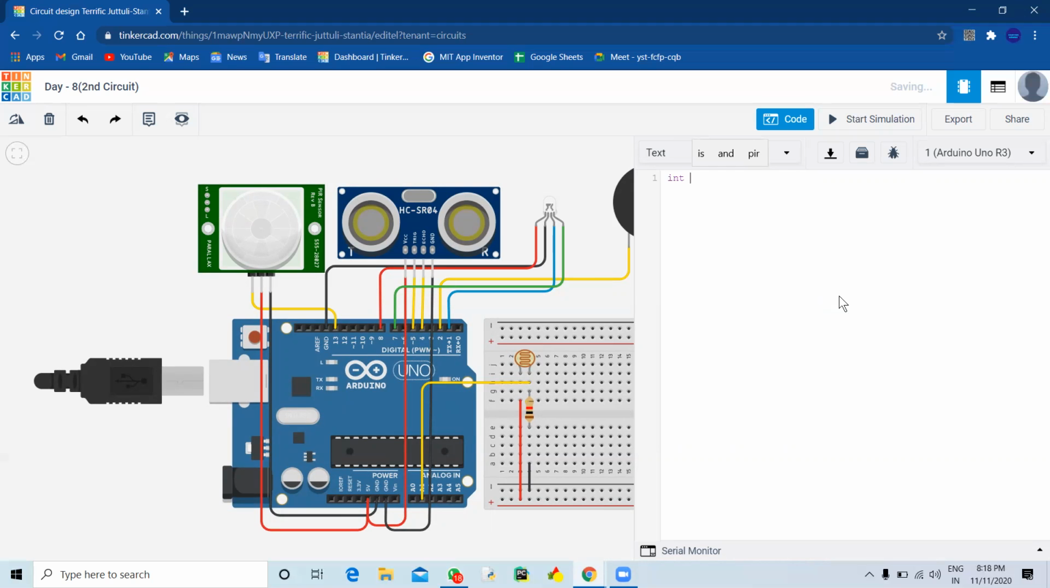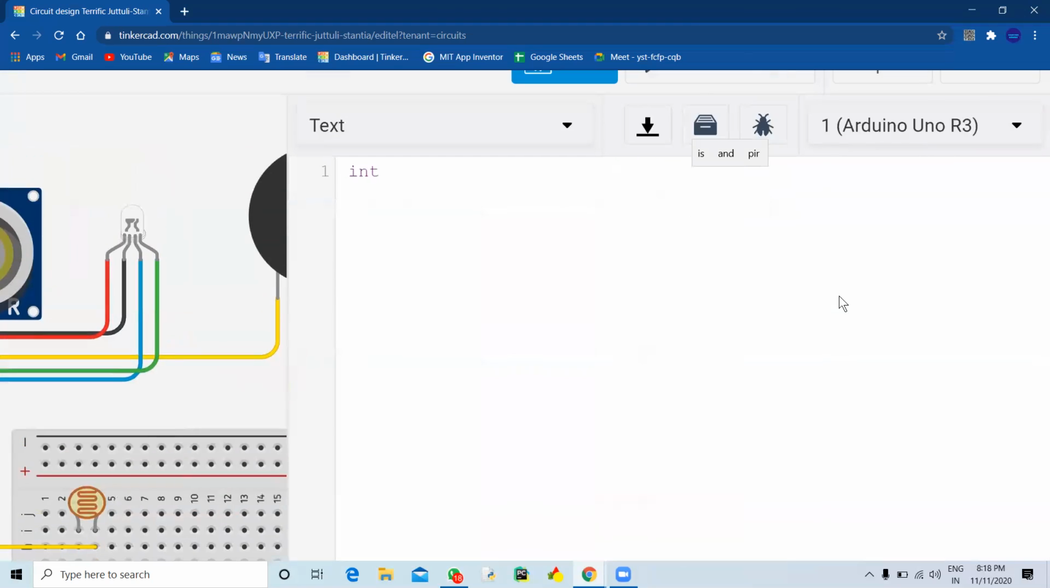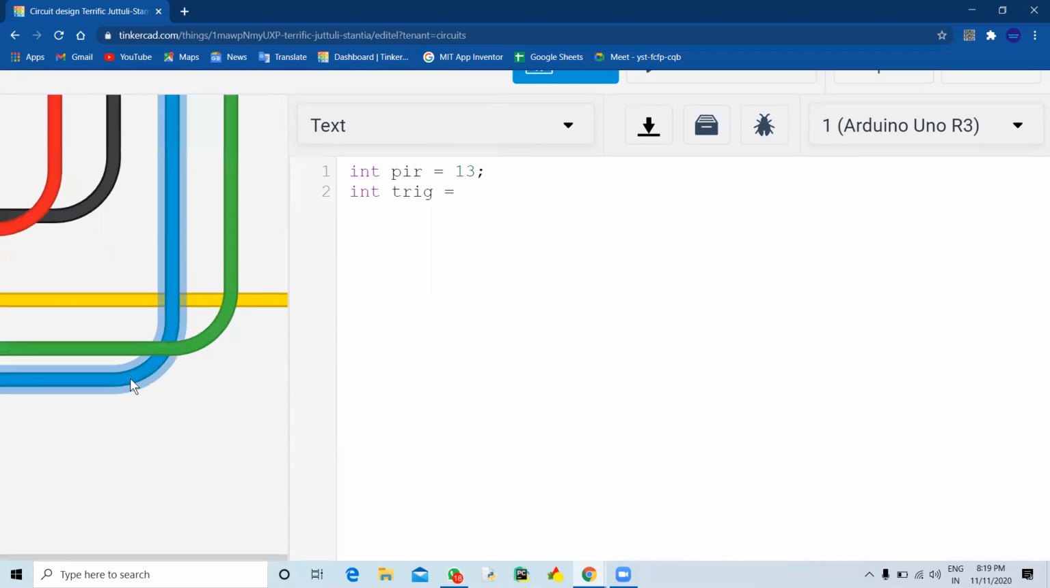Now let's define this, and let me just zoom this. So first, the PIR is connected to pin number 13. Then the trig of the ultrasonic sensor is connected to,